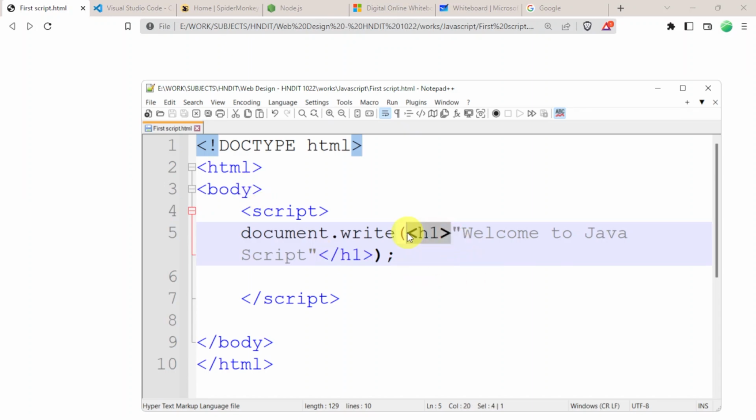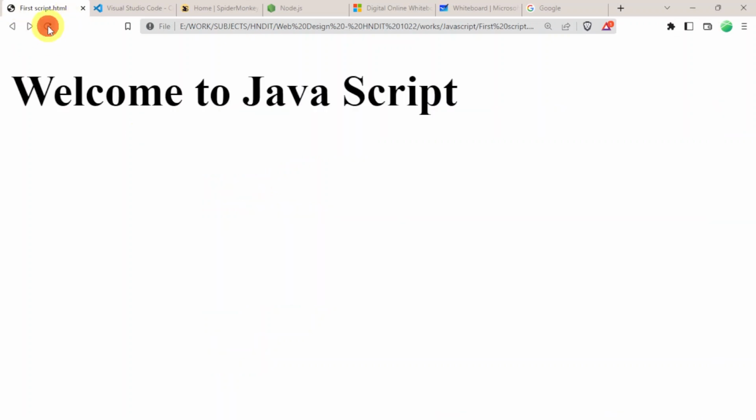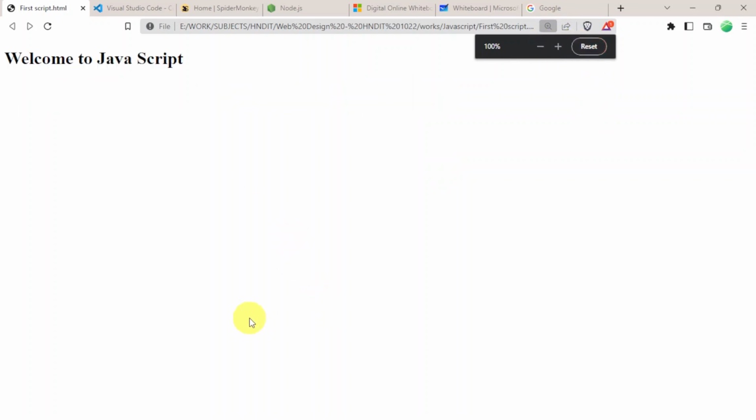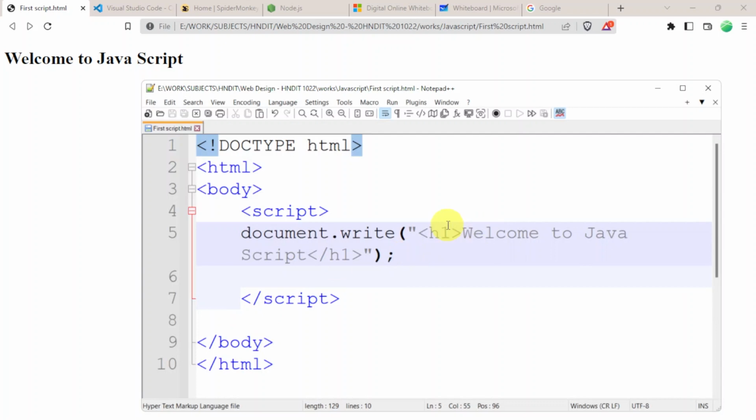No, we have to run it inside, I think. See, we can run the text we have inside the double quotation. Okay, this is a normal text. Inside we can use HTML as well, right? This is how